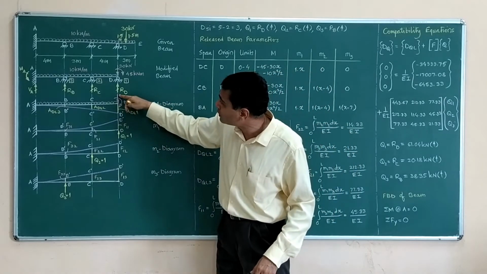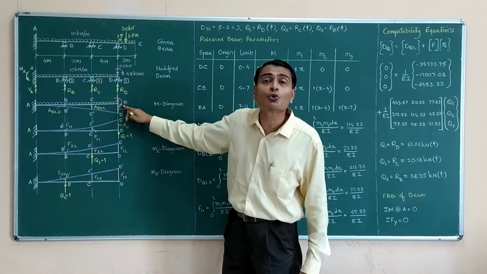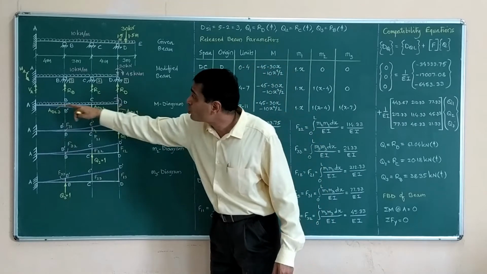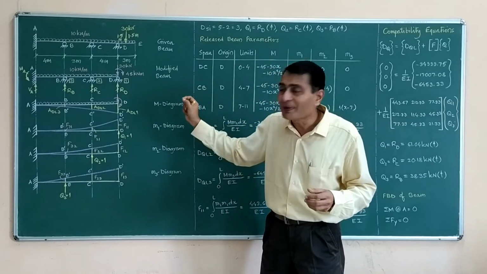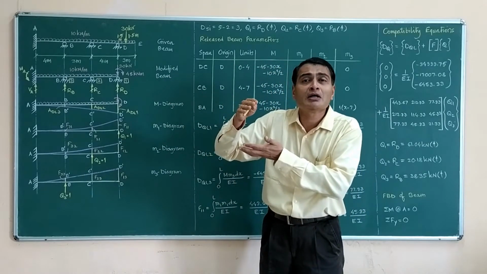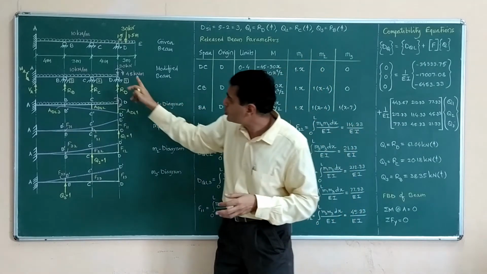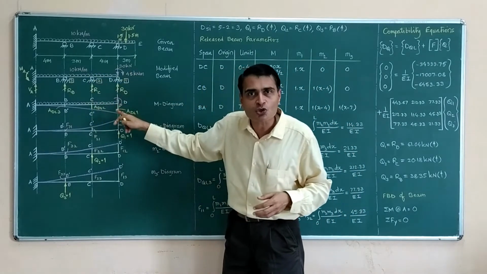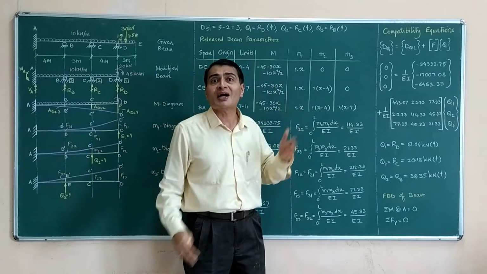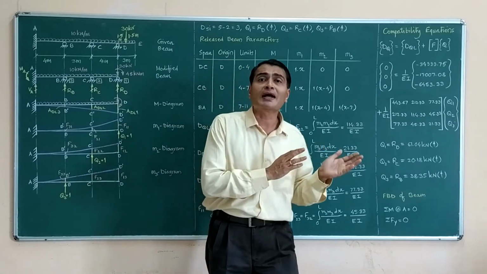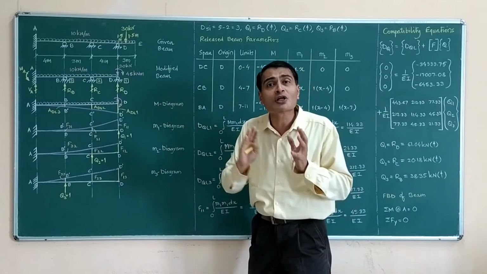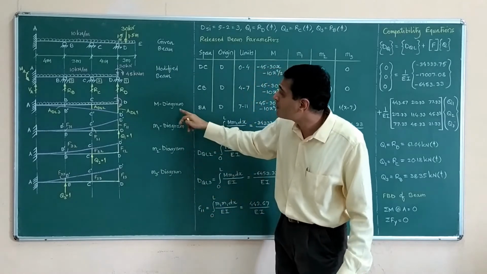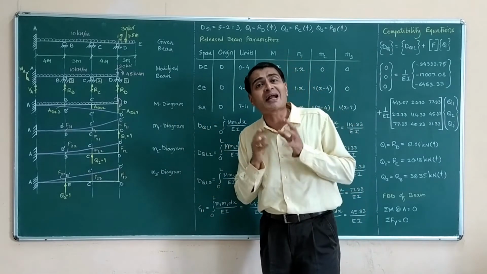So you see that the loading is same. This is 30 kilonewton point load. This is 45 kilonewton meter couple moment. There is the UDL of 10 kilonewtons per meter intensity. I have not written or repeated those values because I am finding a space crunch there. But actually this loading is same. Same values are assumed here, same values have been used as we will discuss in the bending moment equation writing. So it is same loading, only B, C, D roller supports have been removed and you have your M diagram, you have your cantilever determinate beam.